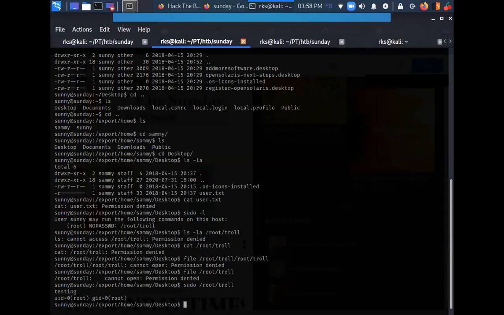Maybe there is some sort of bash program running behind the scenes in this troll binary, and it is being executed by this troll. Okay, I cannot do much with this file here. So let's try to enumerate the machine further.